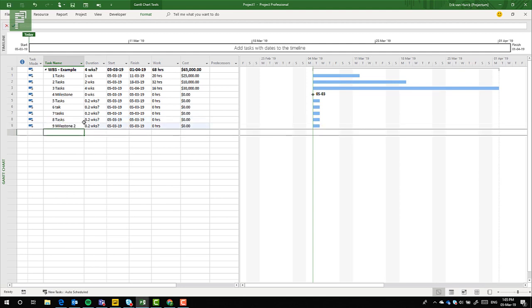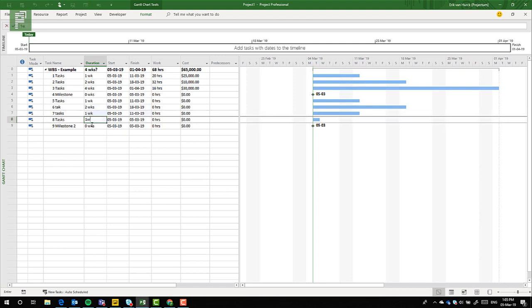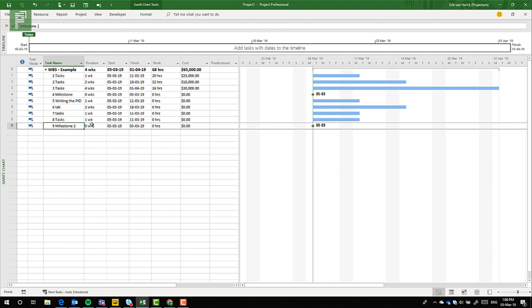And I'll have a second milestone. So what you do, actually in a good WBS, you would have tasks being activity driven. So each task that you do will have an activity-based description. So for instance, PID wouldn't be a suitable task name, but rather you would have writing the PID. That is a good task name, and you would fill that up with all the tasks and the activities that you're doing. And for the milestones, you would have finished sentences such as